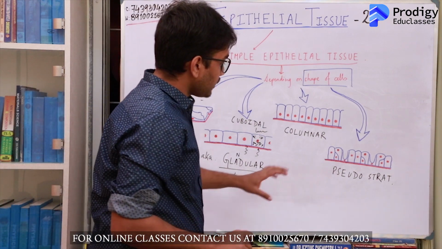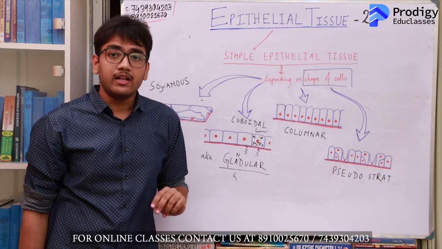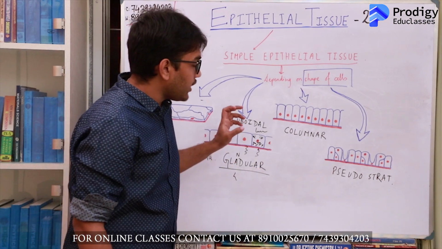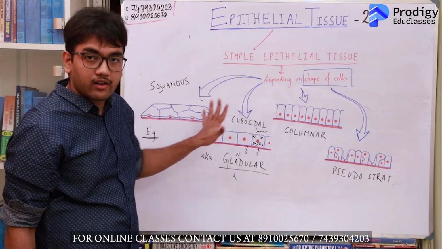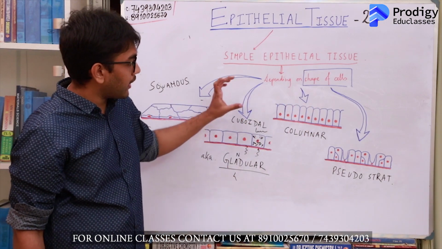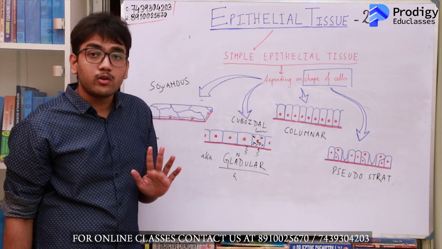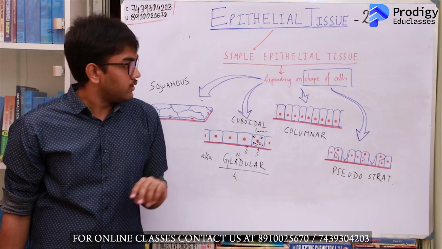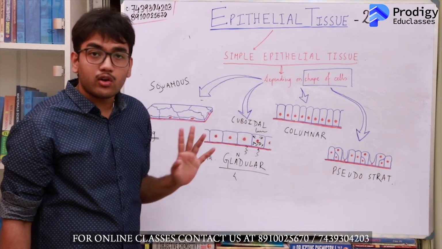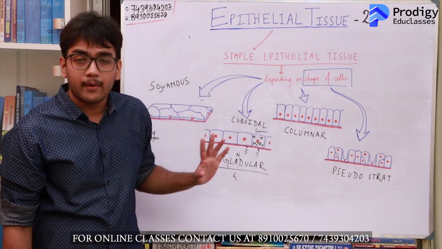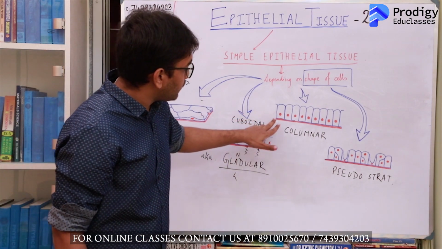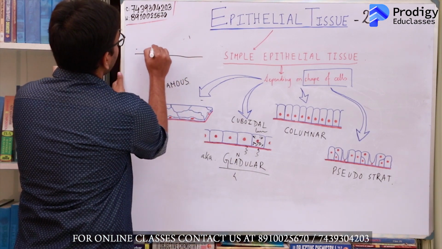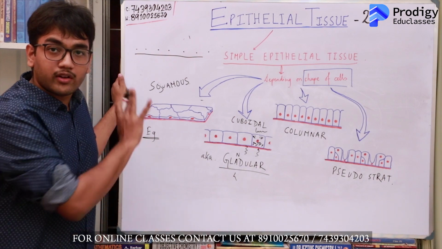Now coming to pseudostratified epithelial tissue. Why am I calling this pseudostratified epithelial tissue? Imagine when I look under the microscope, these are schematic diagrams for you. When you look under the microscope, the only thing that you are able to discern in an epithelial tissue is the basement membrane and the nuclei. The cell membranes or the other organelles are not really prominent when you are looking under a microscope at low power. So all you can see is this basement membrane and an arrangement. There is a basement membrane and there are a number of nuclei. This is what is prominent.